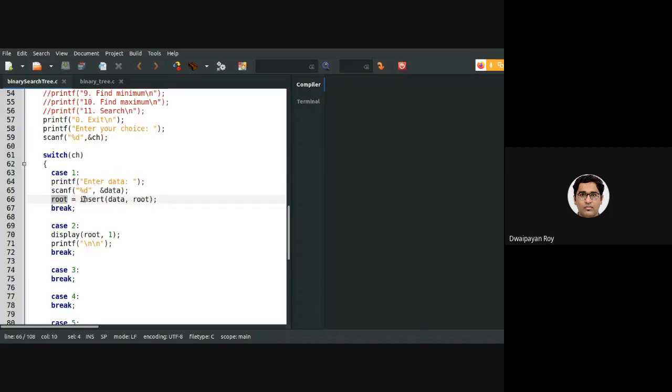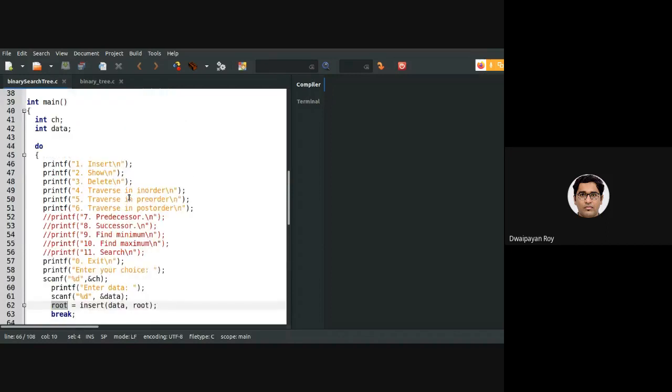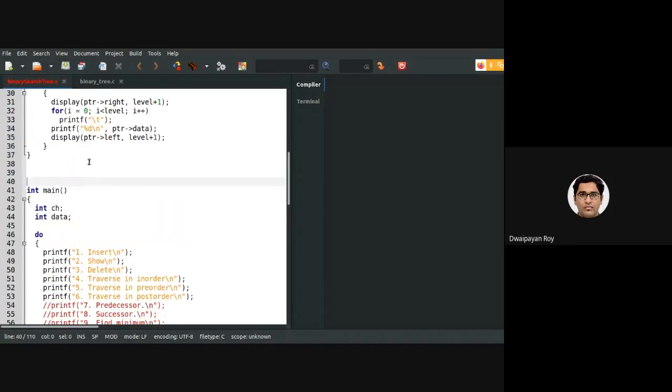Now I need to define this insert function. The insert function will be returning a BT node type variable, a BT node star, basically a pointer. So BT node star insert, then I pass the new data parameter, and the BT node star root.